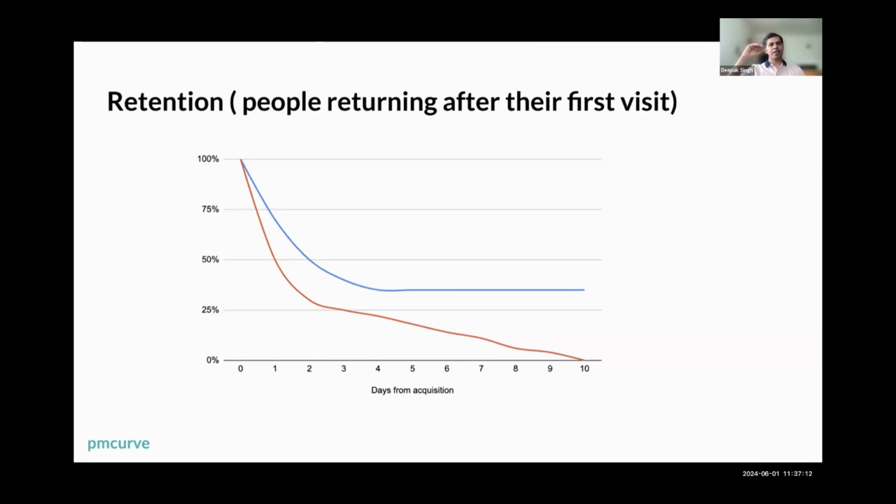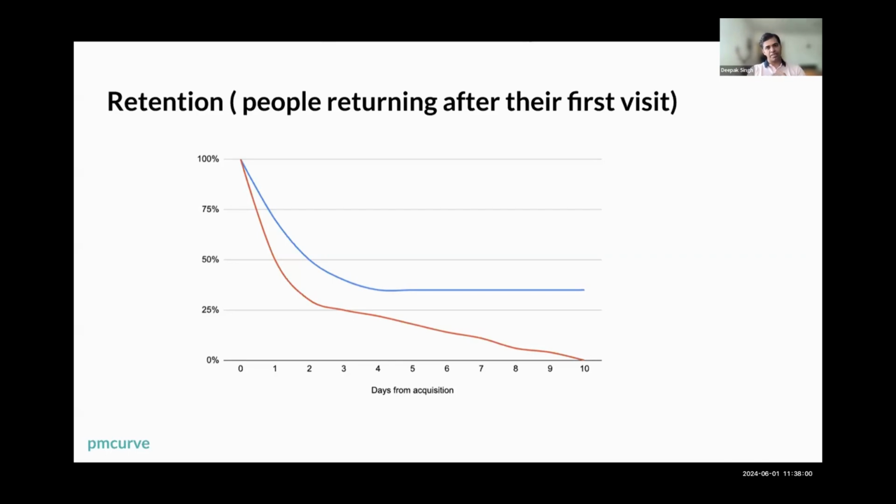It is because some of these people, in this case 27, 28, 30%, 40% of people, are actually coming back again and again, days after days after days. And we are talking about a frequent product, something like, let's say, Facebook or WhatsApp, where people coming back again and again means that they prefer this product over alternatives. If they don't prefer this product over alternatives, they won't come back whenever the need arises. But if they prefer a frequent product over alternatives, they will come back whenever the need arises, which is a sign of PMF, right? So it ties back into the key definition of PMF, which is preferred over alternatives in a market for certain jobs to be done, right?